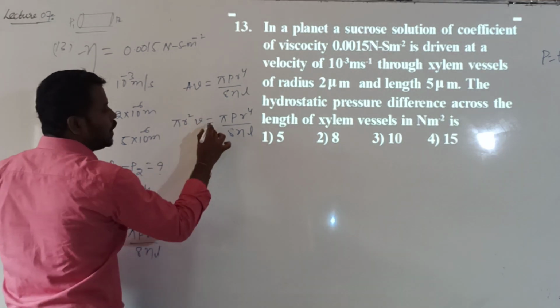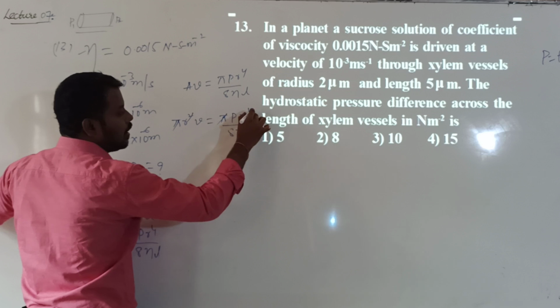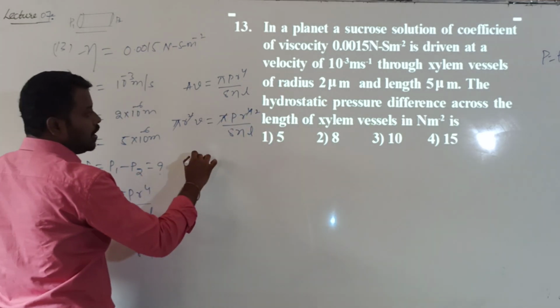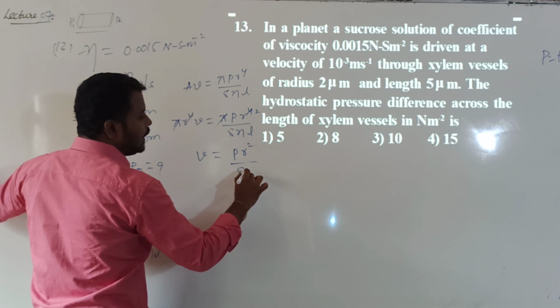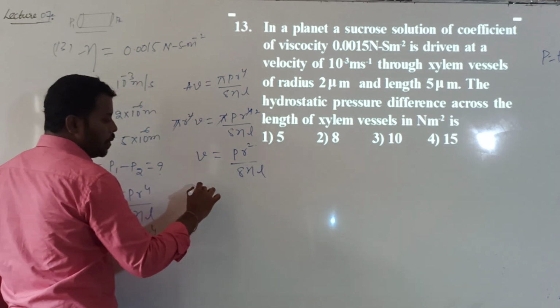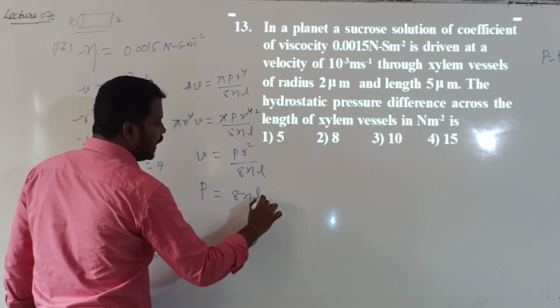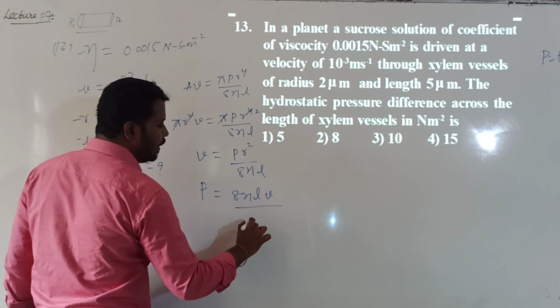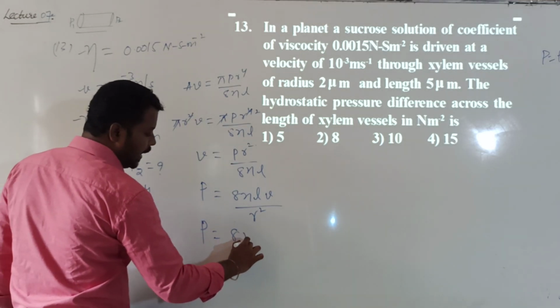Pi r square into V. So the pi value cancels, and r square remains. Then V is equal to P into r square divided by 8 into eta into L. We want to calculate the P value. So P is given by 8 into eta into L into V divided by r square. So P is equal to 8 into the eta value